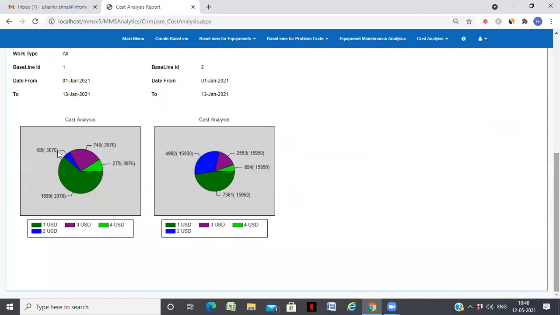So you can see between baseline 1 and baseline 2 how it has varied.